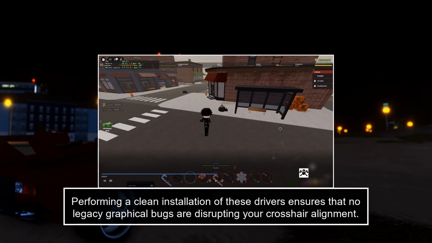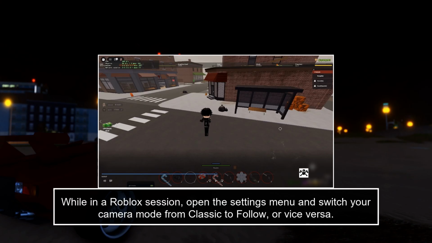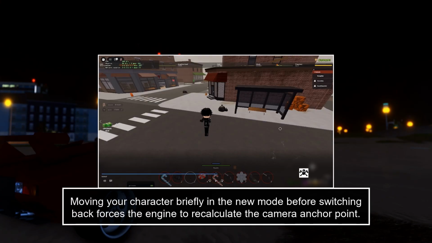crosshair alignment. Sometimes the game engine simply fails to update the camera state correctly when you transition between different movement modes. While in a Roblox session, open the Settings menu and switch your camera mode from Classic to Follow or vice versa. Moving your character briefly in the new mode before switching back forces the engine to recalculate the camera